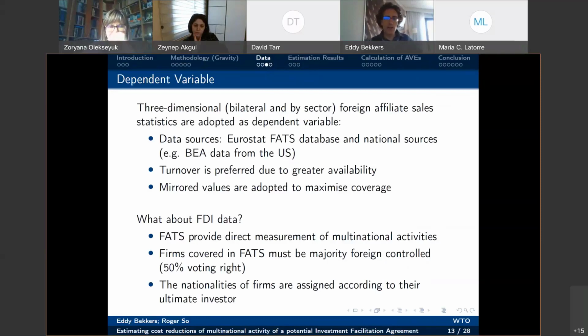The thing is, it's going to become very imprecise, because then you would have to look at total investment and what part of total investment is actually done by foreign affiliates. So what part is like FDI? So with foreign affiliate sales,